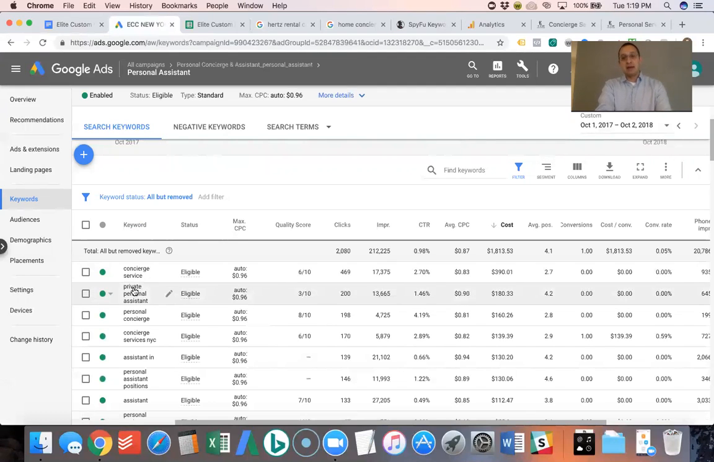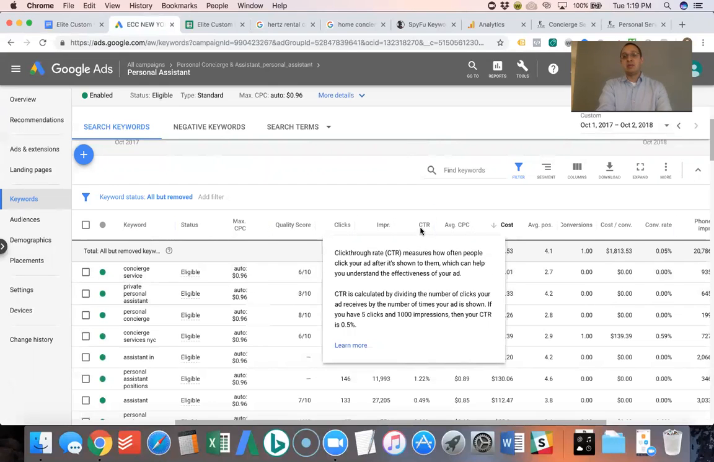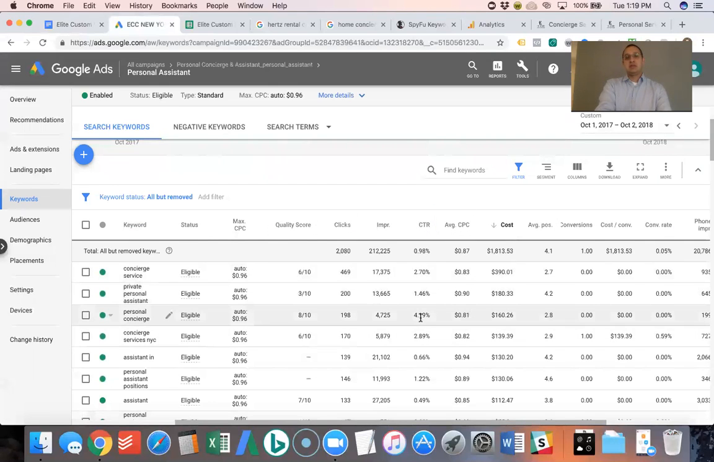Why do you want to do that? Well, one, it's more relevant for the person searching, right? So they're more likely to click on the ad. And when you can get a higher CTR number here, this click-through rate, this one has a pretty decent one. You got a 4%, and your average across the ad group is 0.98%. But the better